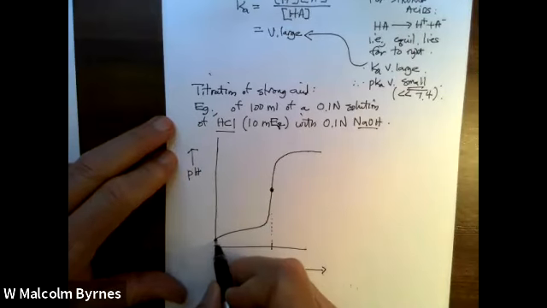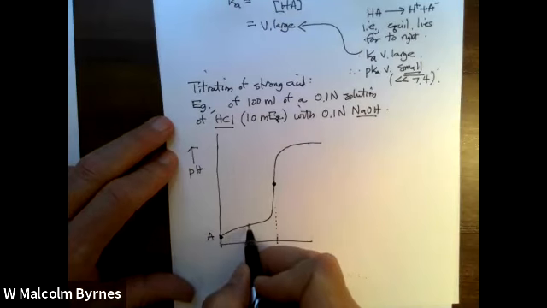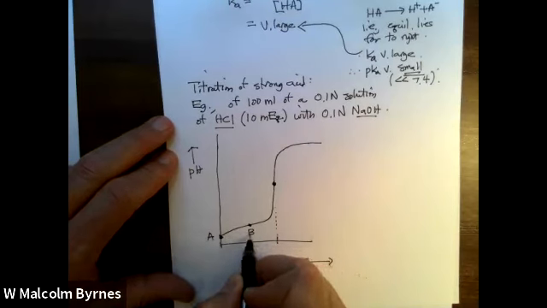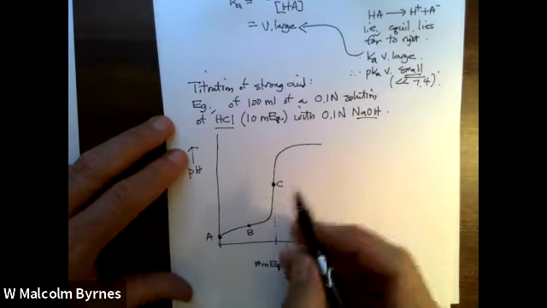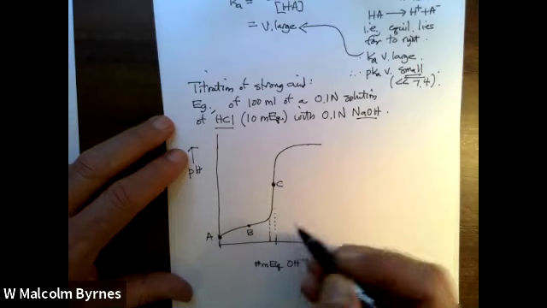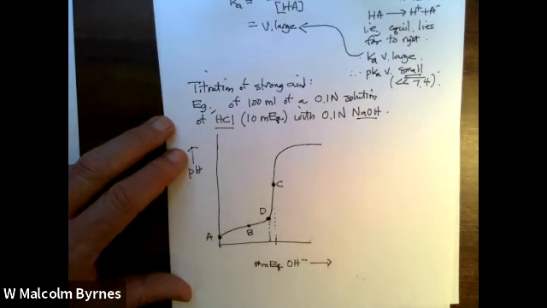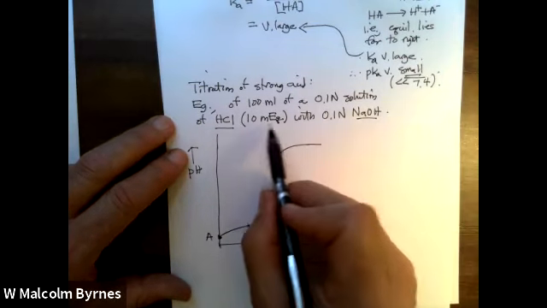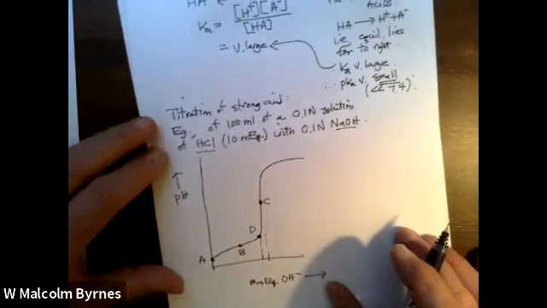And let's look at the initial starting point. Let's call that A. Let's look at the midpoint of the titration called B, the equivalence point called C, and then let's look at one other point, let's call it D, and that's going to be when we've titrated 90%. Now, if we have 10 milliequivalents of HCl, we're going to require 10 milliequivalents of the base to